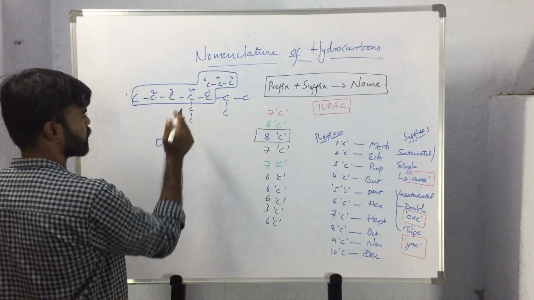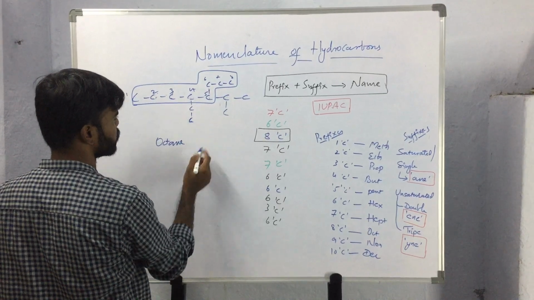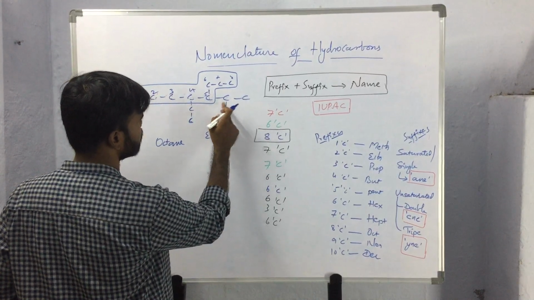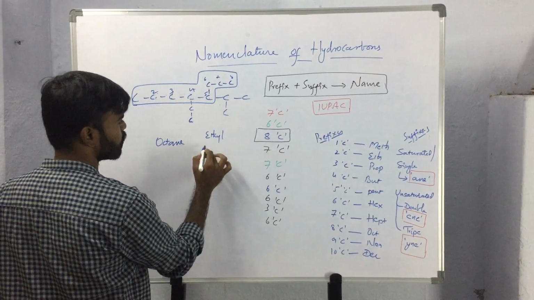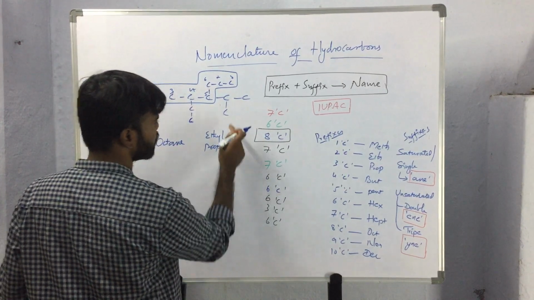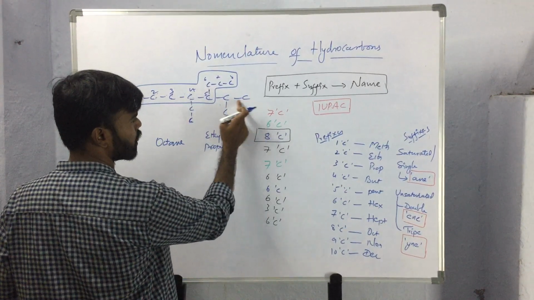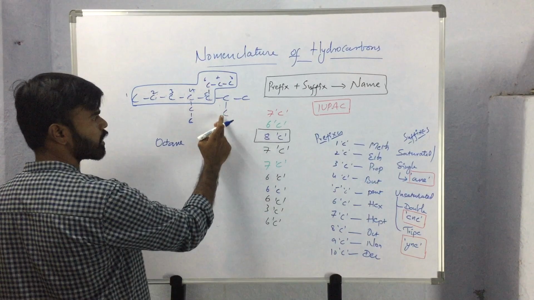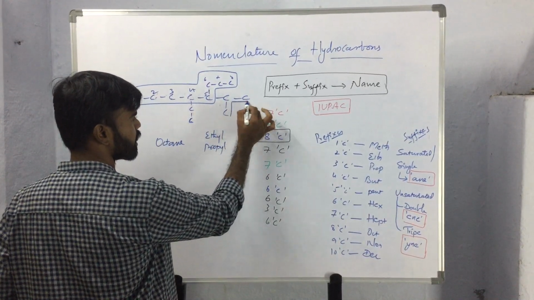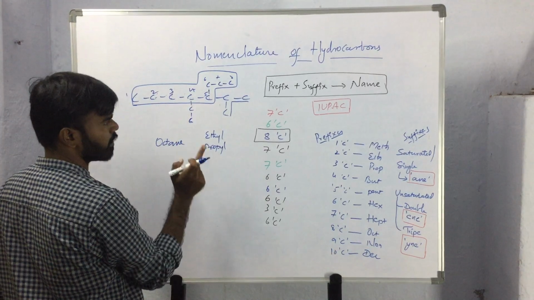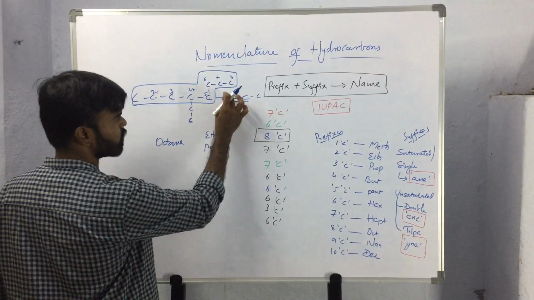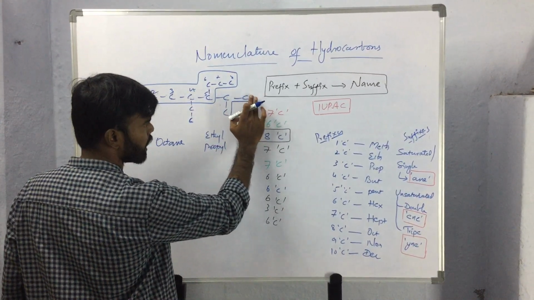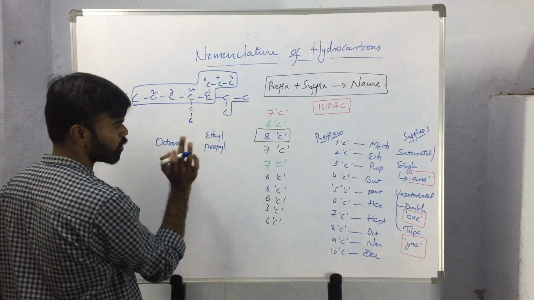Now we have to select the substituents or the branches. So one is ethyl branch, then this will be considered as propyl branch because this is a continuous chain. 1, 2, 3. So 3 carbon atoms it is having, and there is a possibility of framing a continuous chain. So this can be considered as propyl. Otherwise, if it is like this, this will be considered as propyl chain and this will be considered as methyl chain on the propyl chain. So as it is in this form, this can be considered as propyl substituent.